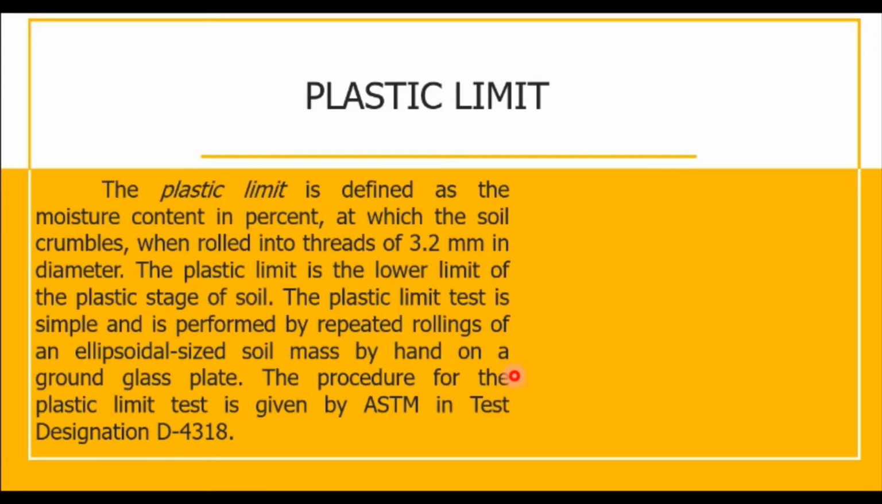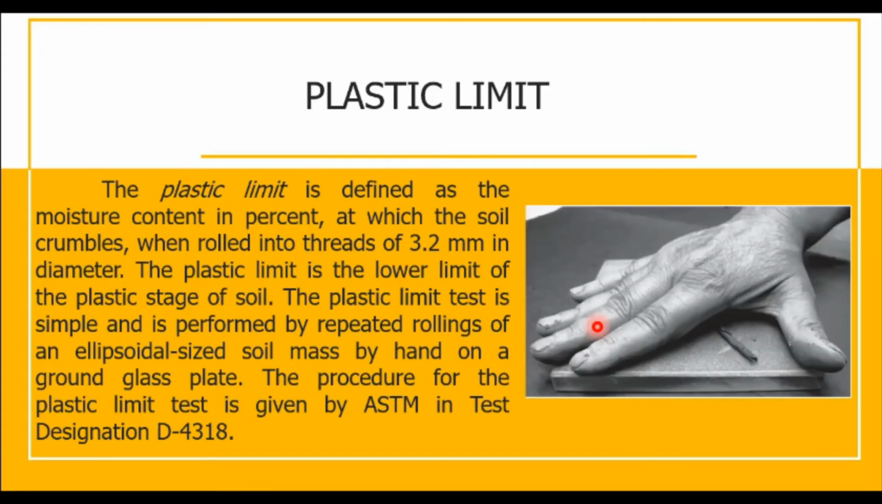Another moisture content that we're going to discuss is what we call the plastic limit. Plastic limit, again, is the boundary between the semi-solid state and the plastic state of the soil. So the plastic limit is defined as the moisture content in percent at which the soil crumbles when rolled into threads of 3.2 mm in diameter. So the plastic limit is the lower limit of the plastic stage of the soil and is performed by repeated rollings of an ellipsoidal soil mass by hand on a ground glass plate. The procedure for the plastic limit test is given by ASTM in test designation